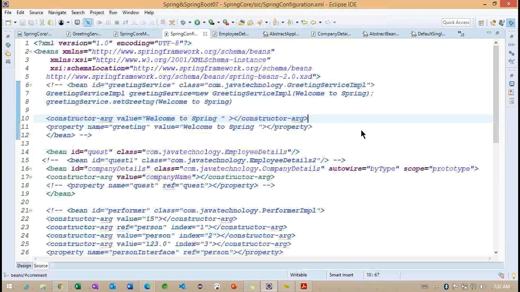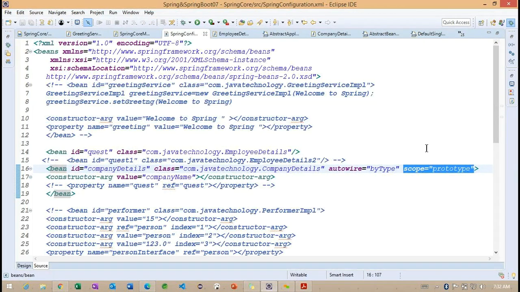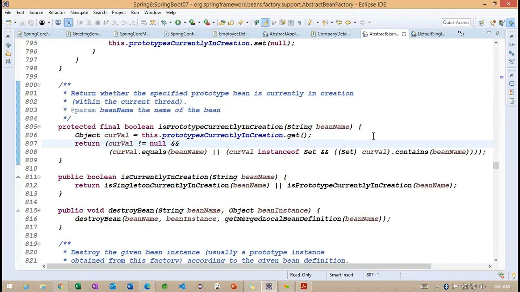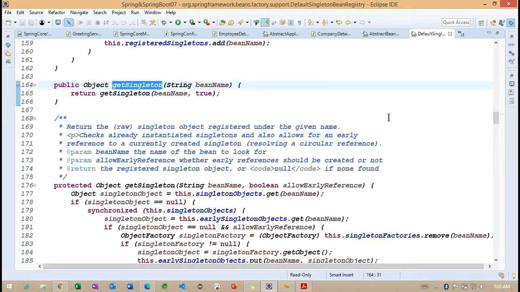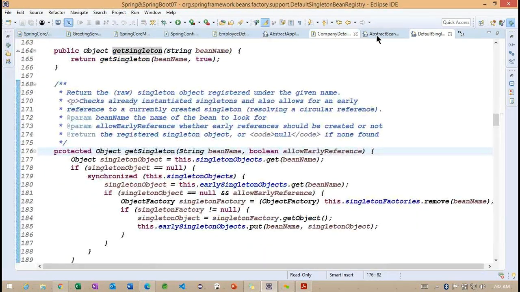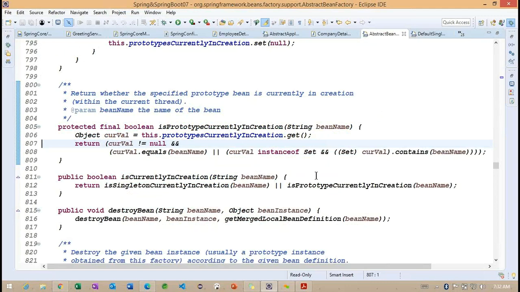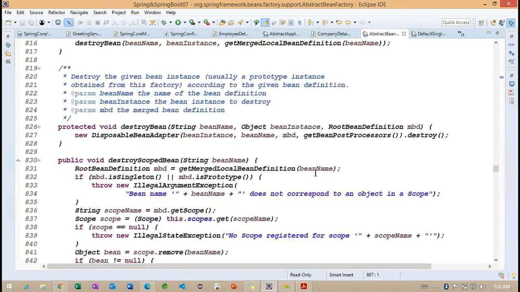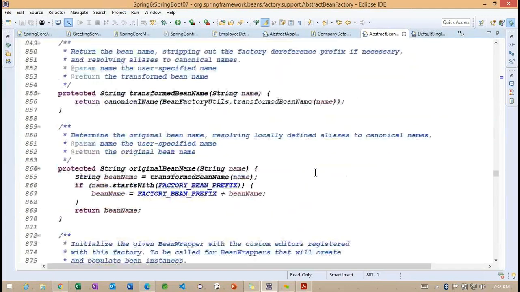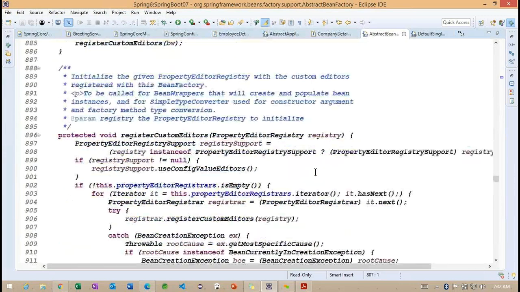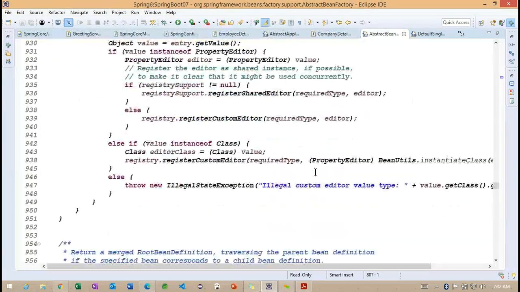So now you can observe using this particular prototype scope here. Now what we are doing here is creating an object for each request. So now if you observe, somewhere I identified here, they are trying to create the prototype bean inside this particular run method.